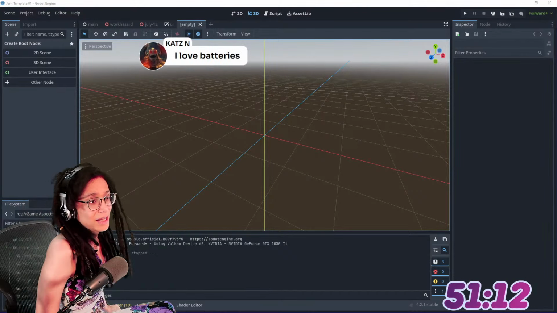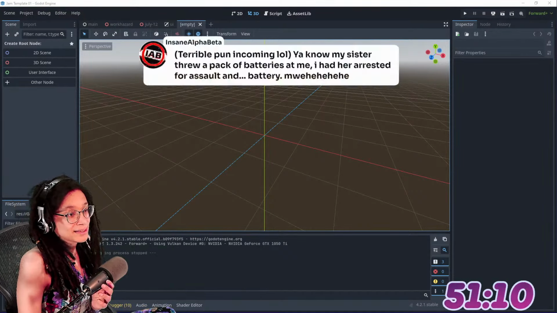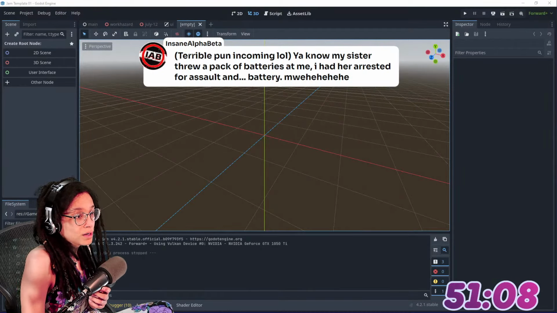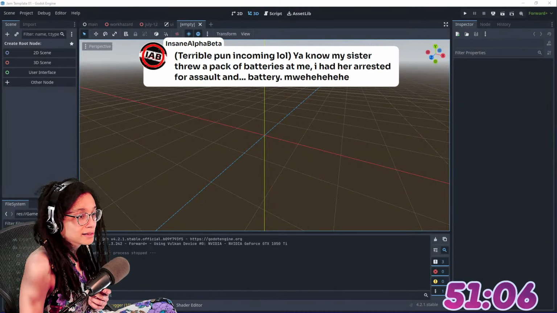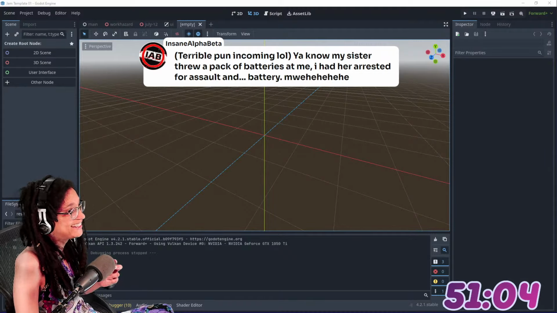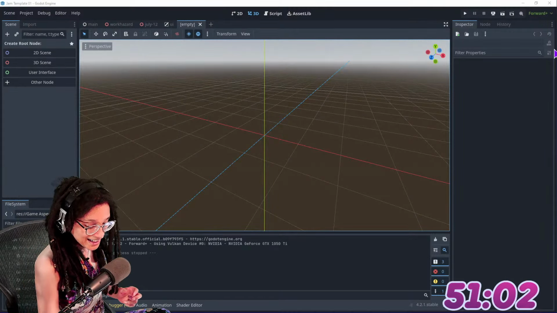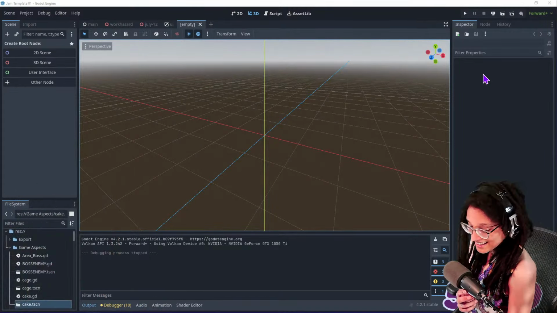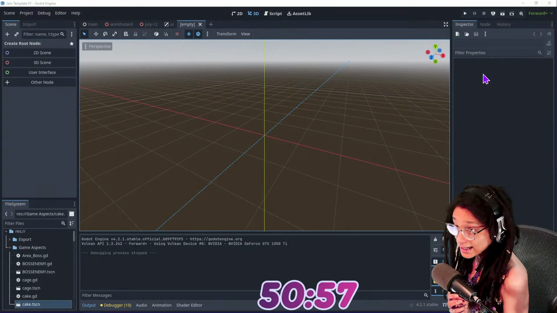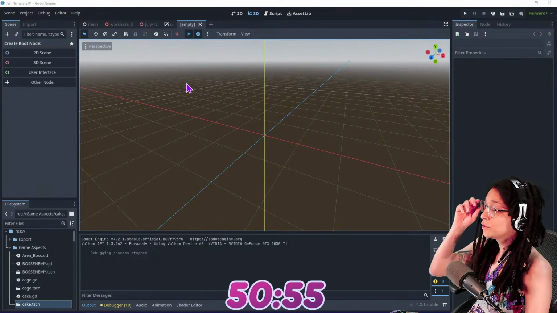Kat says, I love batteries. Wow, terrible pun incoming. My sister threw a pack of batteries at me. I had her arrested. Sold battery. Oh, man. Silly and a little scary, actually. So all right, so